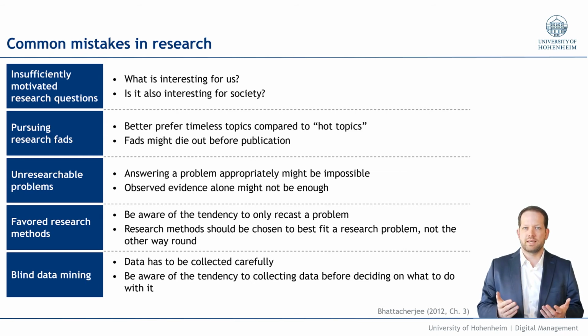Then the next common mistake is to always go for your favorite research methods. Research methods should be chosen to best fit a research problem, not the other way around. So typically you should start with a research problem and then pick the best method, rather than saying, I'm an expert for this method and I only look out for research problems which fit this method. I mean, the latter is still better than having a misfit between research question and research method. That's a total no-go. But the way more interesting way to contribute to scientific knowledge is starting with the interesting and relevant research problem and then picking the method rather than the other way around.